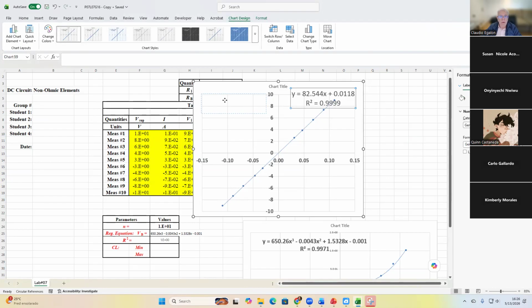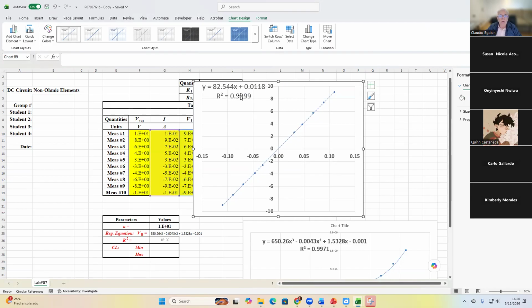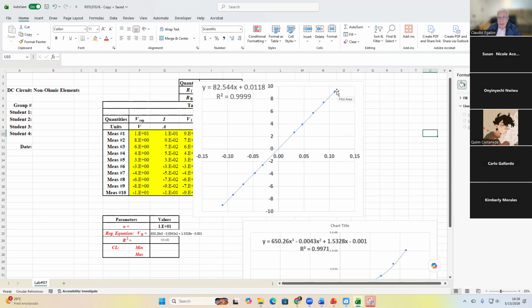What else do we have to do? We have to label the axis. We don't need to put a chart title. You gotta display the equation prominently there. Notice that we have a big blank space here. So we can adjust the x-axis so I don't take out points from you whenever I'm correcting the